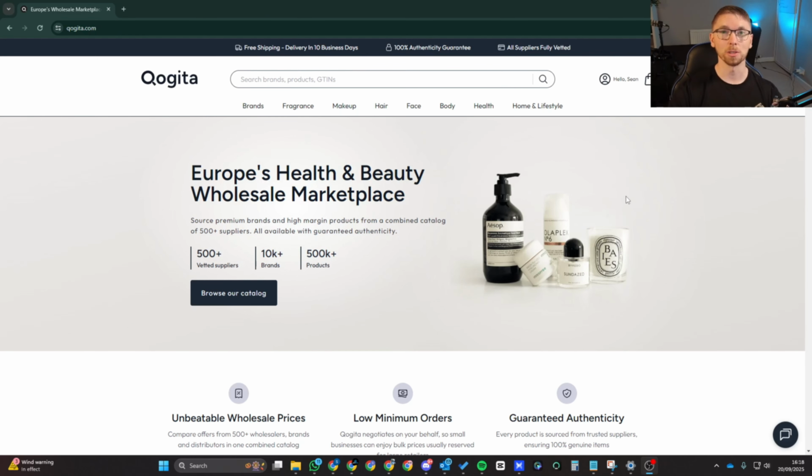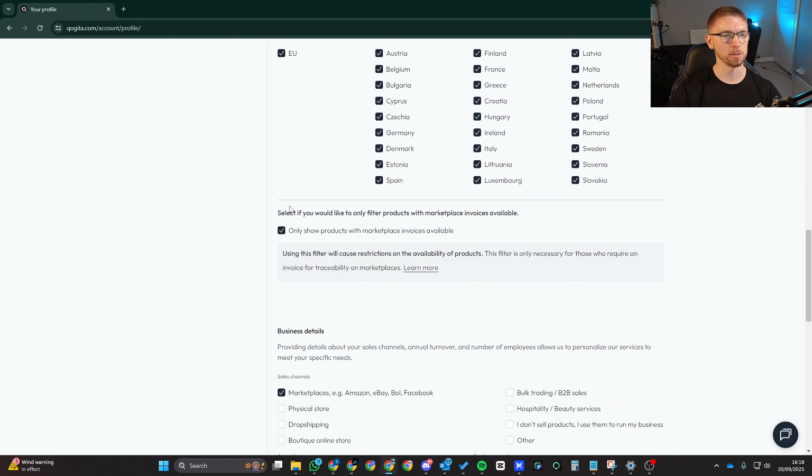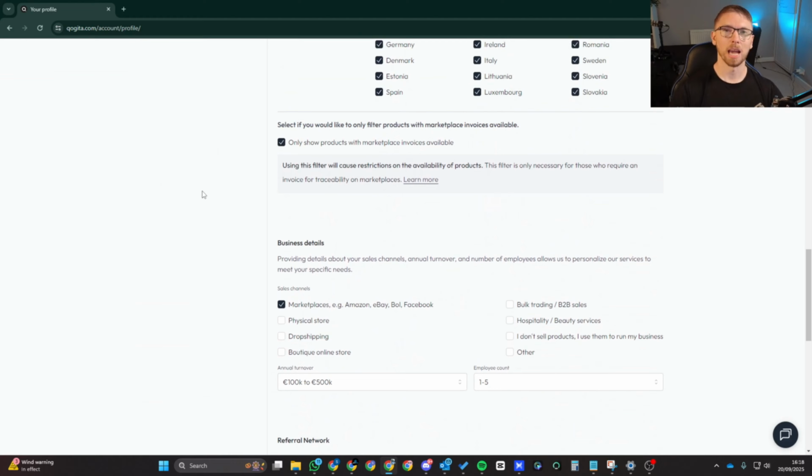Right, so the first thing you want to do in Qogita, you want to go to your settings up here. You want to go to profile, scroll until you get to this section here. As an Amazon FBA seller, you only want to buy from Qogita with these two settings enabled. That means whatever supplier you buy from, they'd be willing to prove their supply chain. So if Amazon ever gives you an IP complaint or an authenticity complaint or something, you'll always have the proof